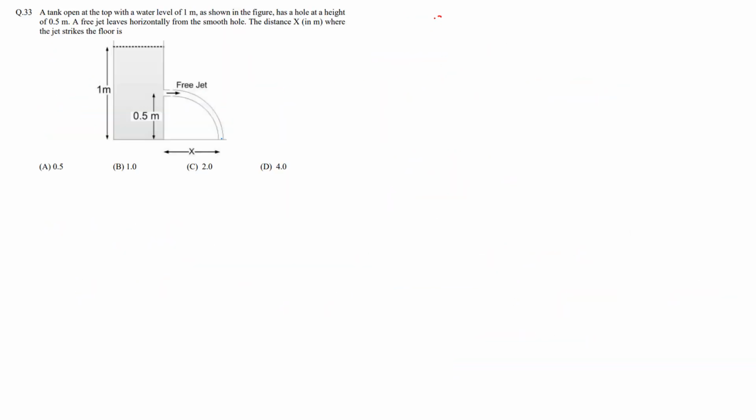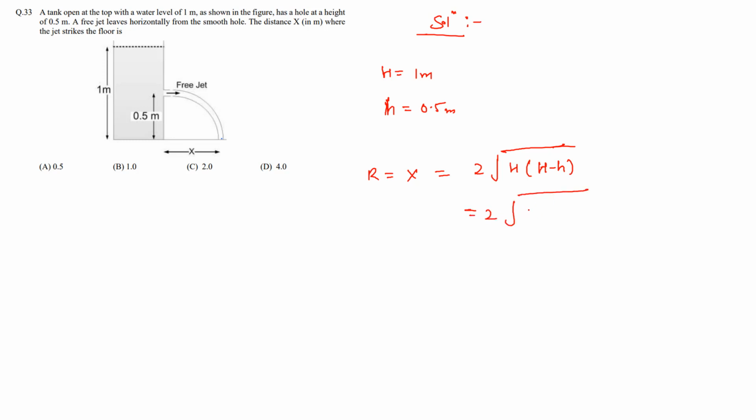Okay, now I guess we have spent a fair bit of time just deriving this formula, so this makes our job easier when we are solving this. Capital H here is 1 meter, small h here is 0.5 meters. And they are asking us to calculate this capital X, which was R for us in the derivation. And we have just seen that this will be equal to 2 times capital H times capital H minus small h. So this is 2 times 1, and yeah, so this will be,